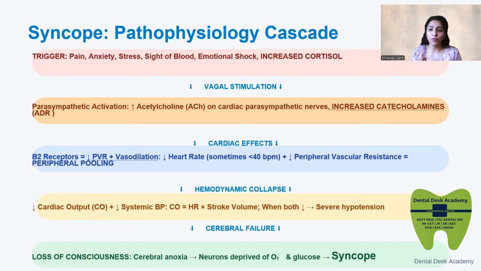Now, due to this peripheral pooling, your cardiac output will reduce. Your BP will reduce, and overall your BP will fall. There will be hypotension. Once there is hypotension, obviously the brain will not be able to get its required oxygen or its required blood flow. This will cause cerebral anoxia or cerebral ischemia, due to which the neurons are deprived of oxygen and deprived of glucose because no blood is coming, and this will lead to syncope,